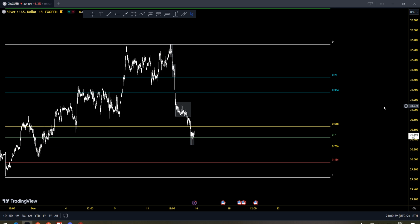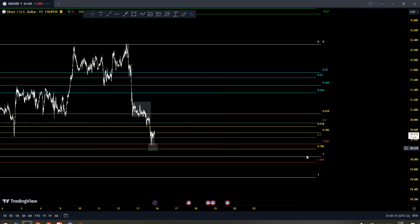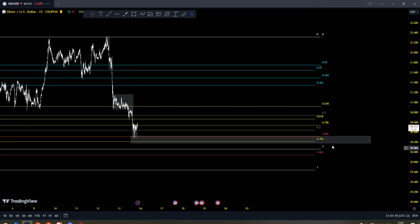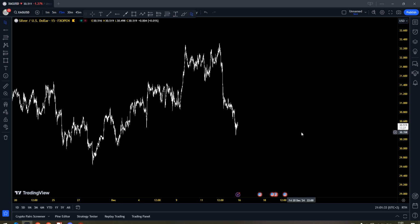Ooh. But look at how close silver was. 786. That's quite interesting. And if you're looking at the same thing in gold, just get stopped out here. What? Look at the similarities here. Exactly what we are looking at right now to enter gold. So they get stopped out here. Interesting. Very interesting. Let's look at, for example,